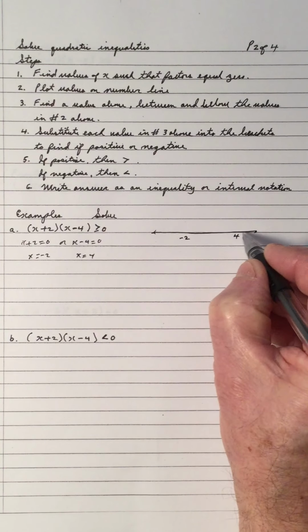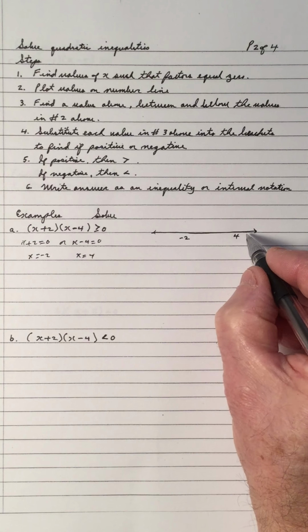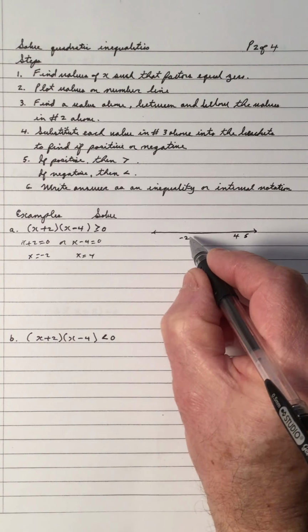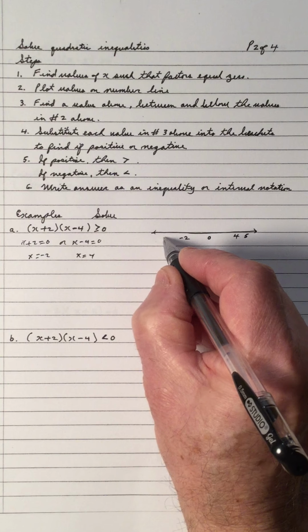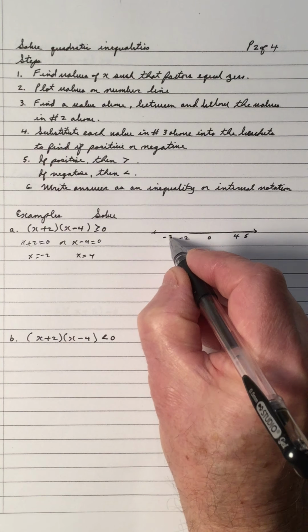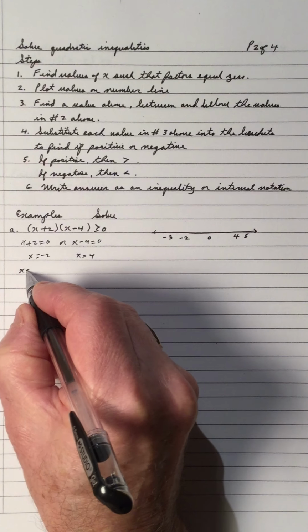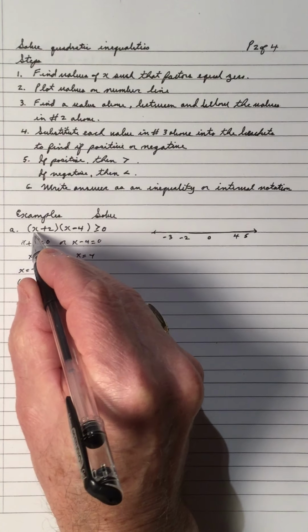and negative 2 on the number line, then I'm going to select some values. Greater than 4, I'm going to take a 5. In between negative 2 and 4, I'm going to take a 0. And below, I'm going to take a negative 3. So what I'm going to do now is take the negative 3 and sub into this expression. So negative 3